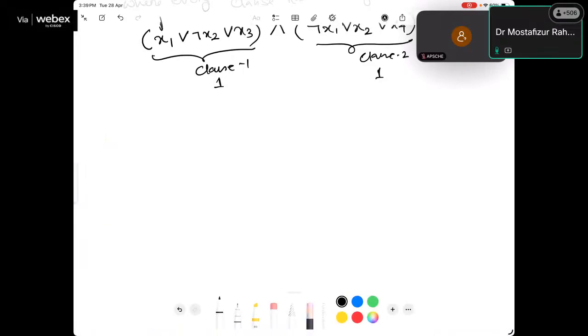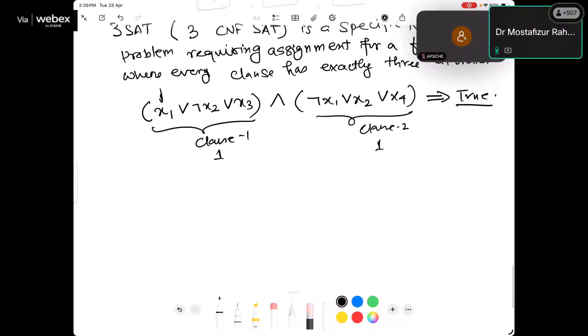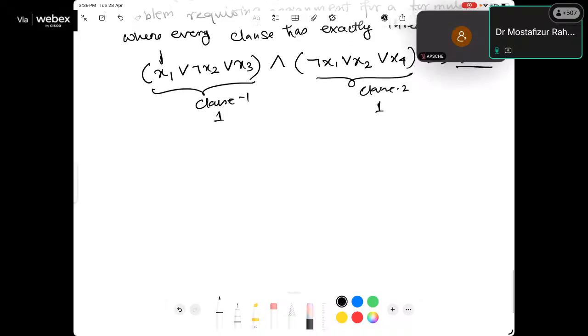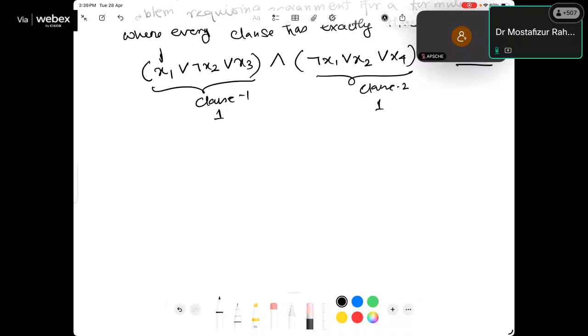So when there are 3 such literals or variables, and the clauses are connected with the AND logic, we say this particular problem is a 3-SAT problem. Now the 3-SAT problem is foundationally an NP complete problem, because for a larger variable problem there are ways we can always reduce it to a 3-SAT problem, right? So typically 2-SAT problem is solvable. The general thinking is that if I can express a particular CNF problem as a 2-SAT problem, then it is typically solvable